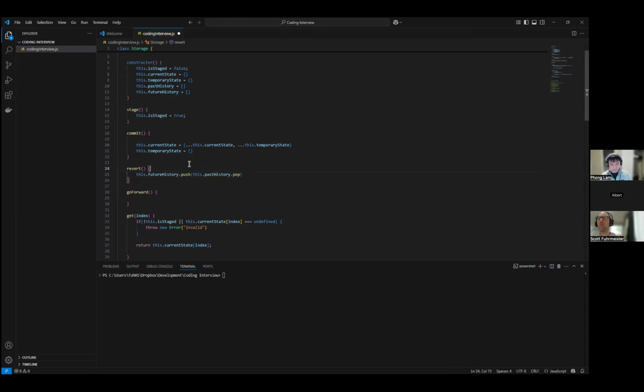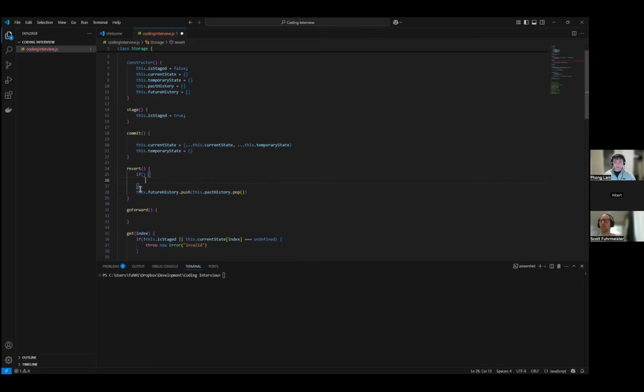When we revert back, we're going to take the pop. You haven't called it on line 25 at the end. You need to call the function, like pop needs to be called. Oh, sorry, yeah. What that's going to do is take it from the past history. You should also check if it's empty, because otherwise you're just going to push a bunch of undefined in there. So you can throw to say you cannot go back.